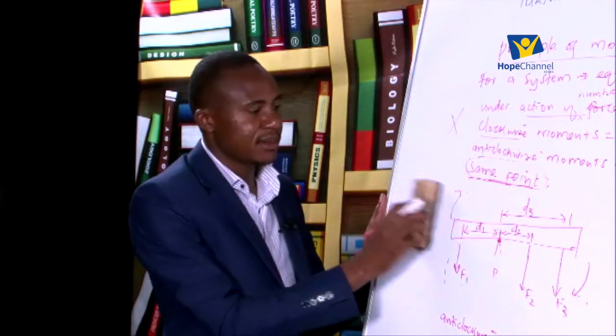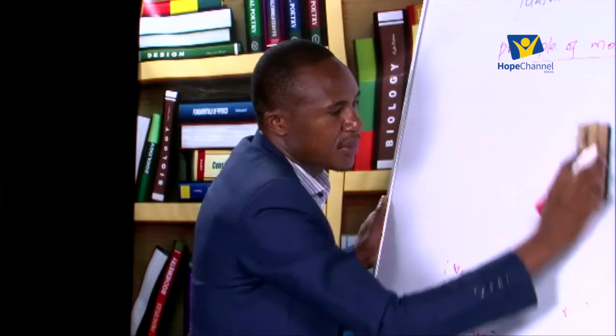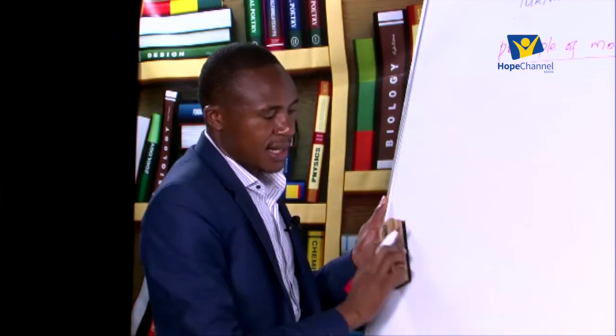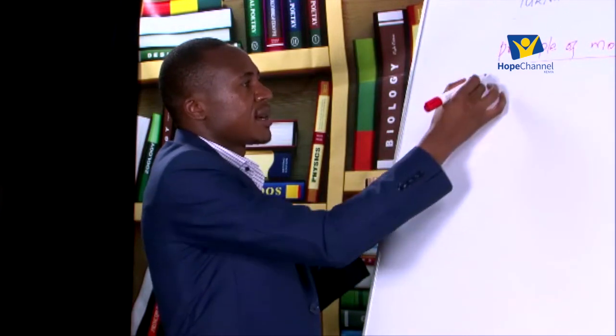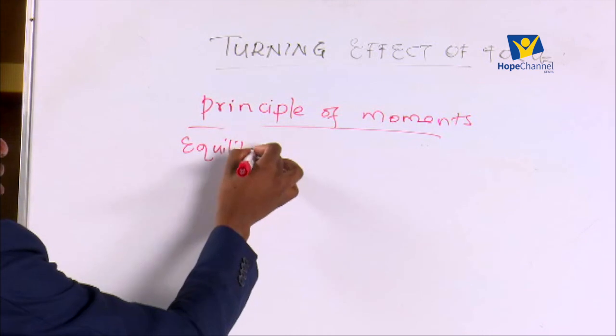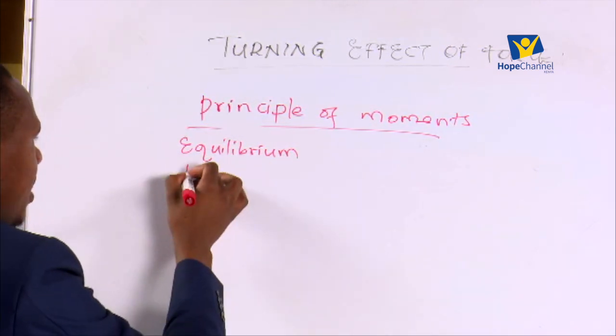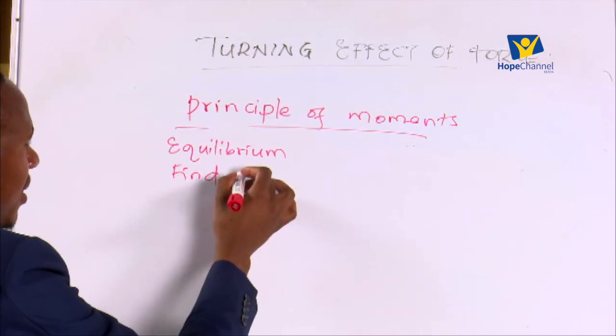We do an example that applies this principle of moments. The system shown below is in equilibrium. That is the statement part of it. The system shown in the figure below is in equilibrium. Then the question is we find the value